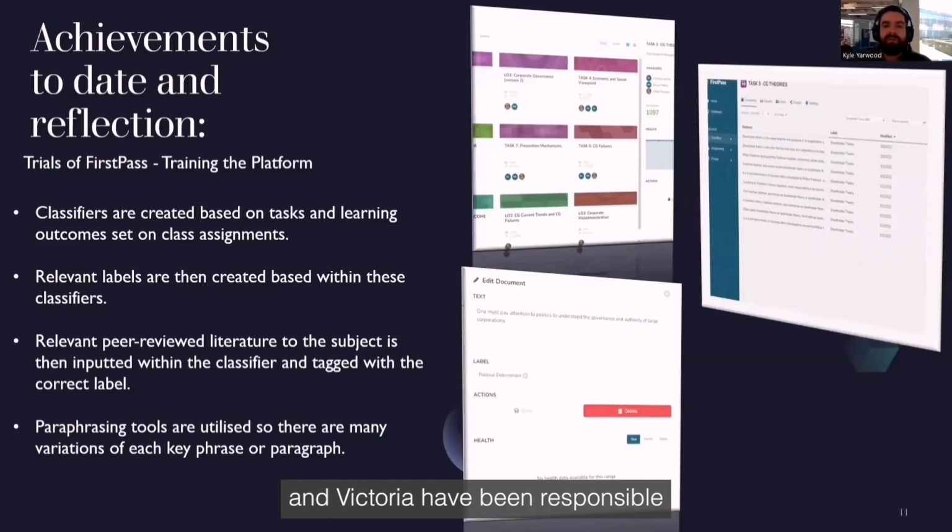Myself and Victoria have been responsible for training the platform so that it has a suitable amount of data, in that students' work is accurate compared to learning outcomes and preset tasks. Classifiers are created based on these learning outcomes, and labels are created within these classifiers.